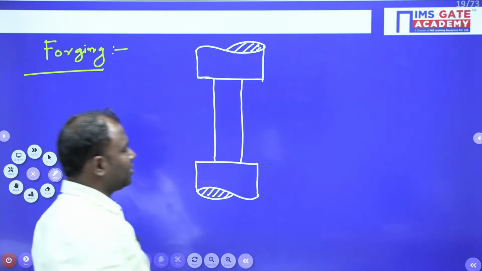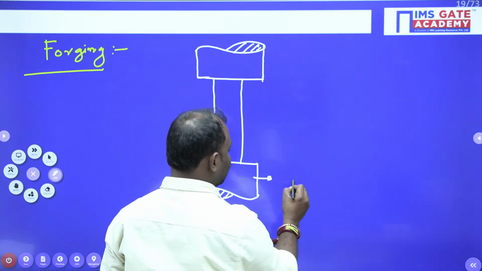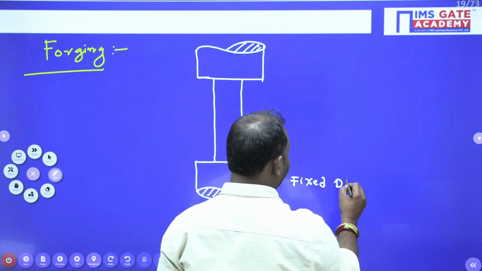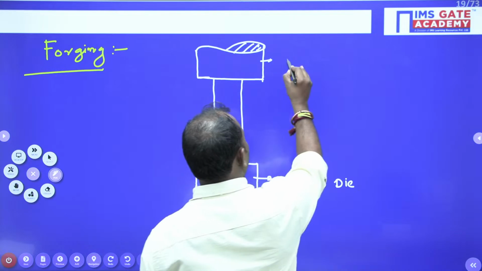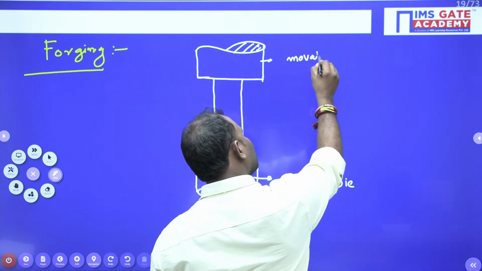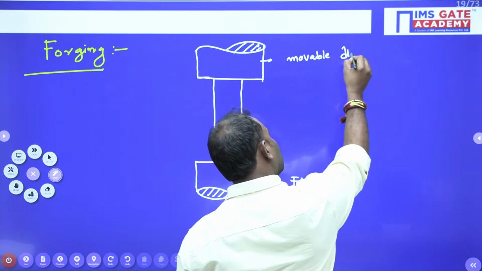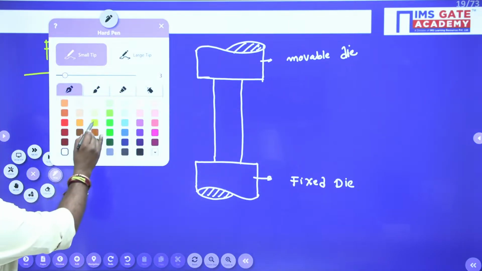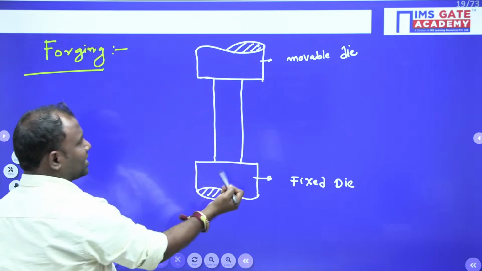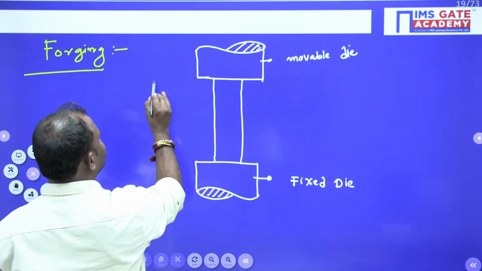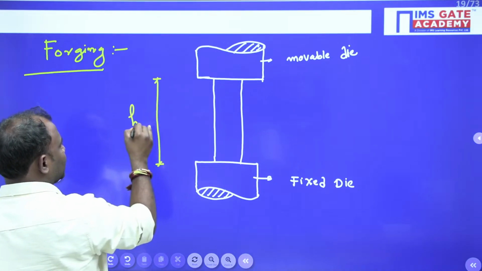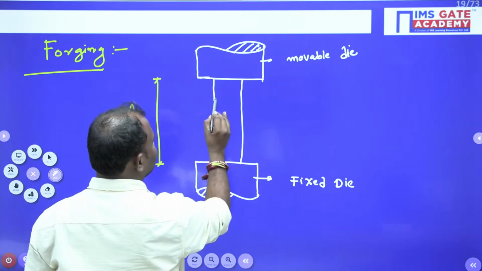One is a fixed die, that means it is not going to move, and the other is a movable die. All right, guys. Now here in between the two dies, the workpiece is placed. This is a workpiece, and its initial height is h0, and its initial diameter is